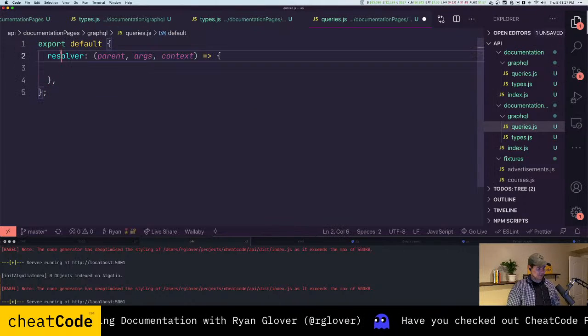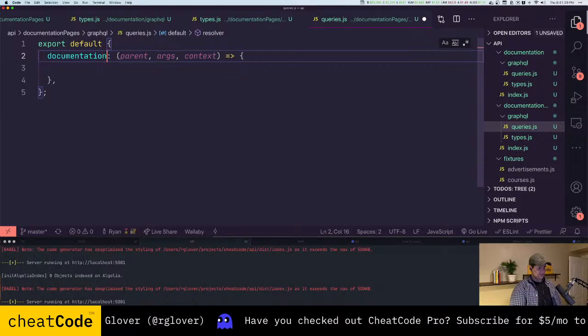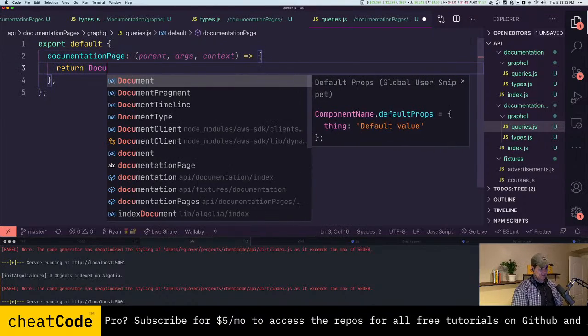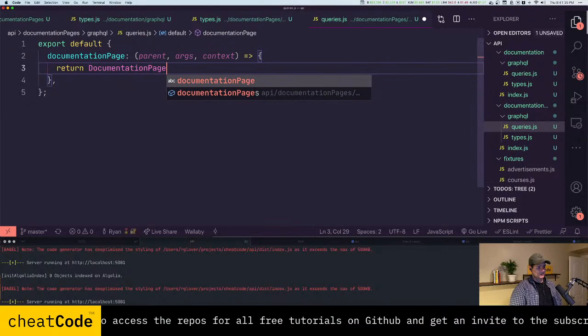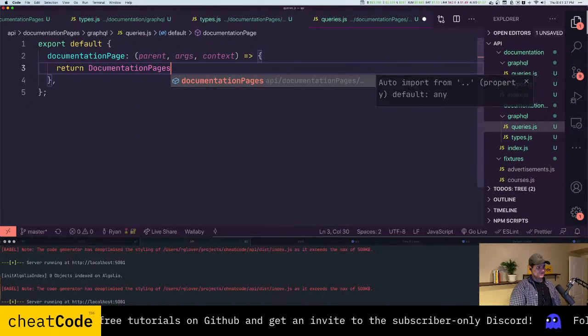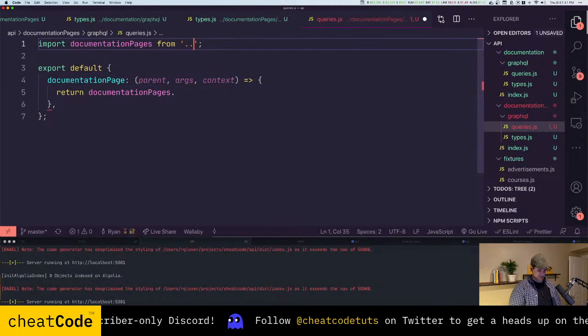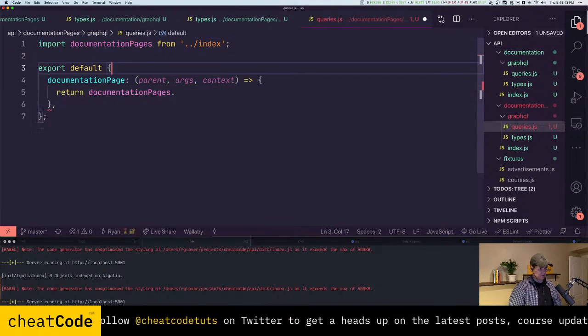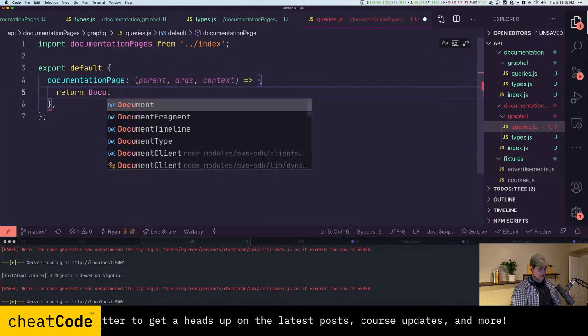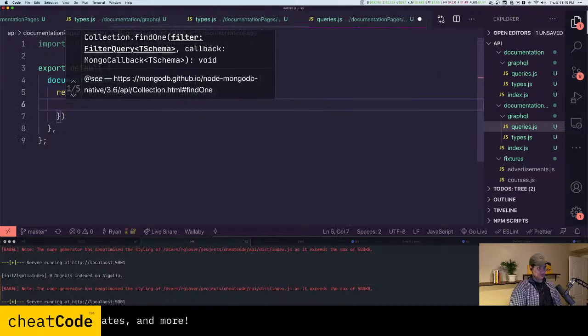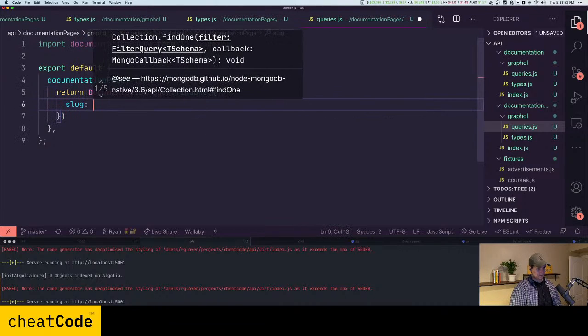So this is going to be documentation page. And now we can start to see a pattern emerge. The documentation pages. Nice. But again, I'm going to do that just so it's clear. So I'm going to say documentation pages, find one. And you can take a guess as to what we're going to do. We're going to say where